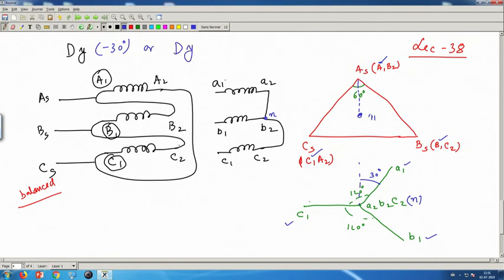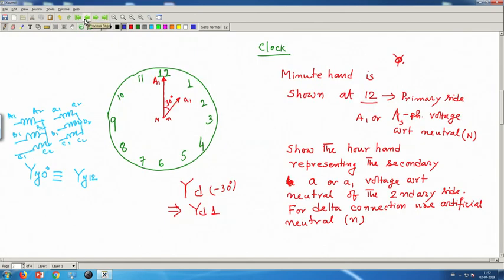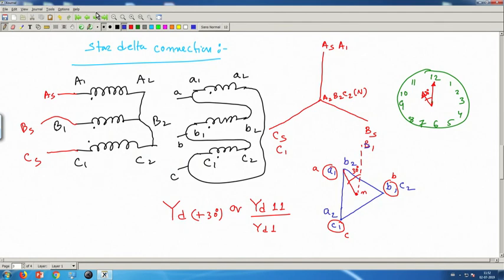What should be the time? 12 and this is 1. So, 1. Got the point? That is in terms of clock convention, because your supply voltage is here, it is there. Therefore, this is how you do it, and also do not forget that line to line voltage here,